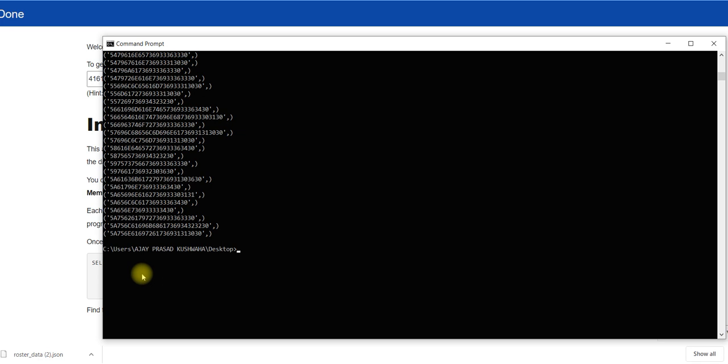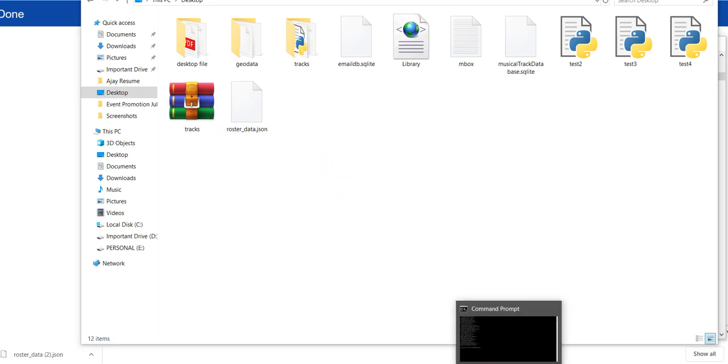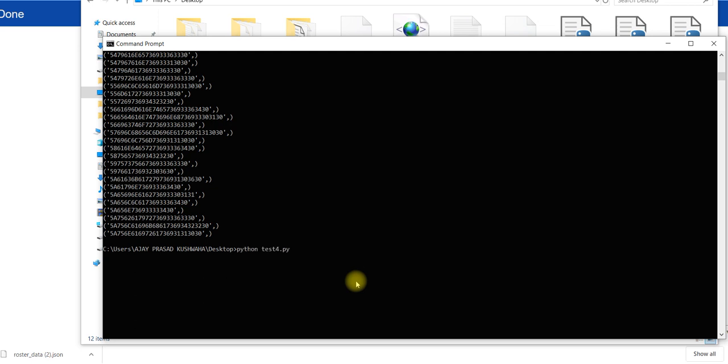So let me delete the old file if it exists, and then I will run it. So mail is done, email is done. Okay. Roster SQLite. Okay. This file I have to delete, and then I will go and run it. Okay, this and roster.